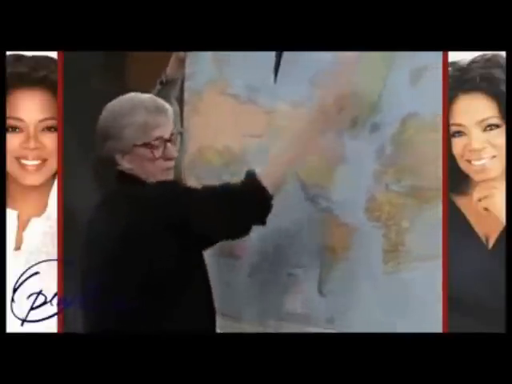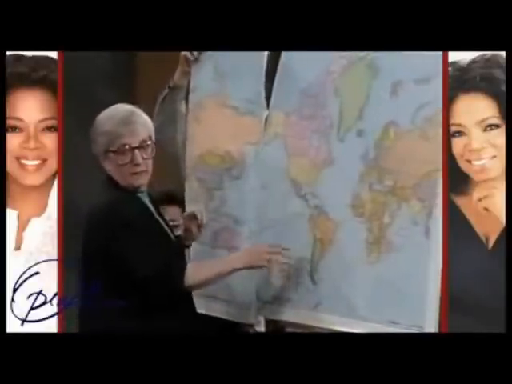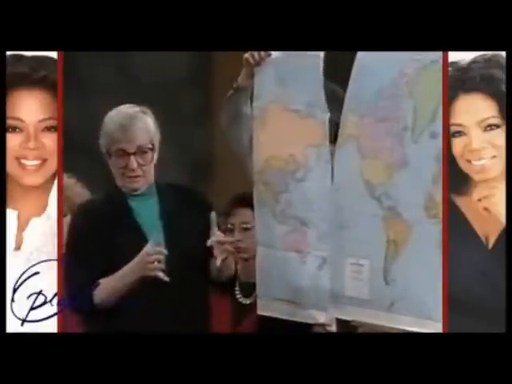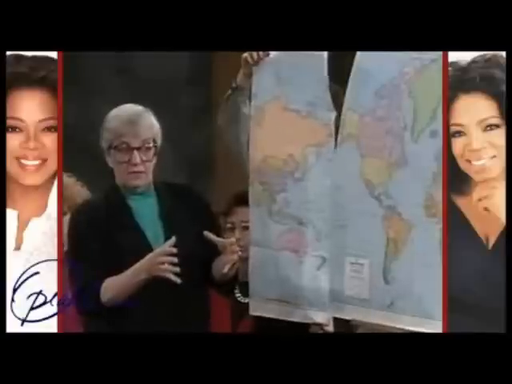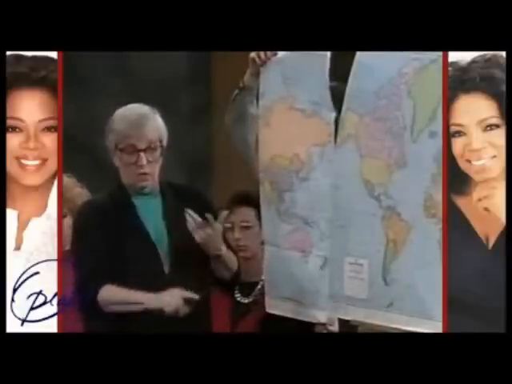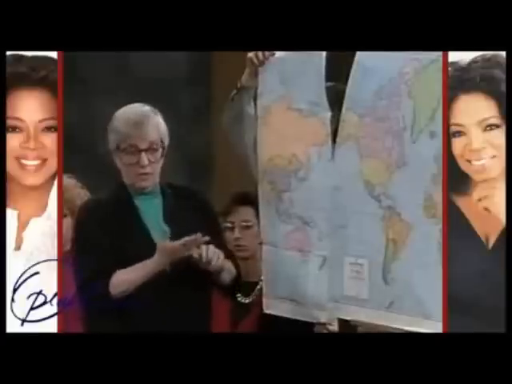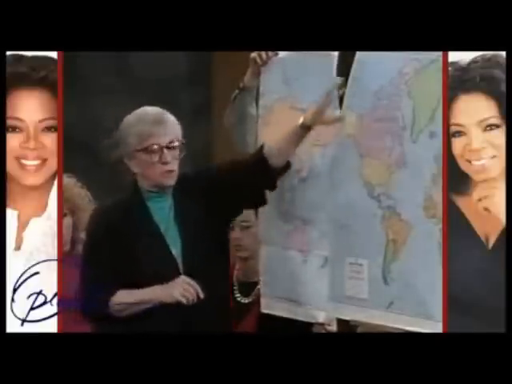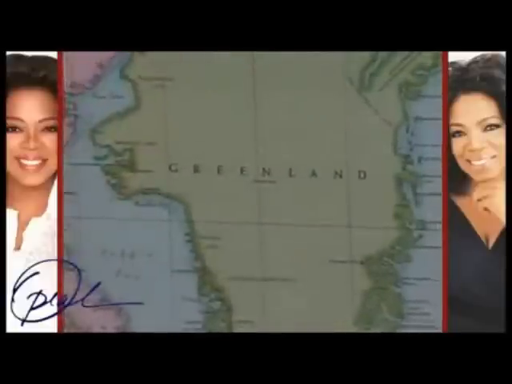Look at the size of Greenland and the size of South America. According to your social studies teachers, what were continents? Largest land masses on the face of the Earth, right? Now, do you know the continents? Africa, Asia, Australia, Antarctica, Europe, North America, and South America. Did I say Greenland? Well, Greenland isn't a continent, but it's a huge landmass according to this map, right? The map is a flat-out lie, people.